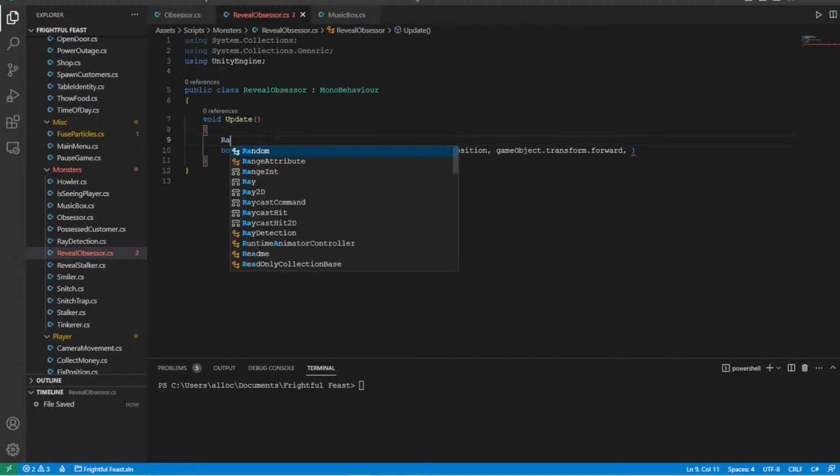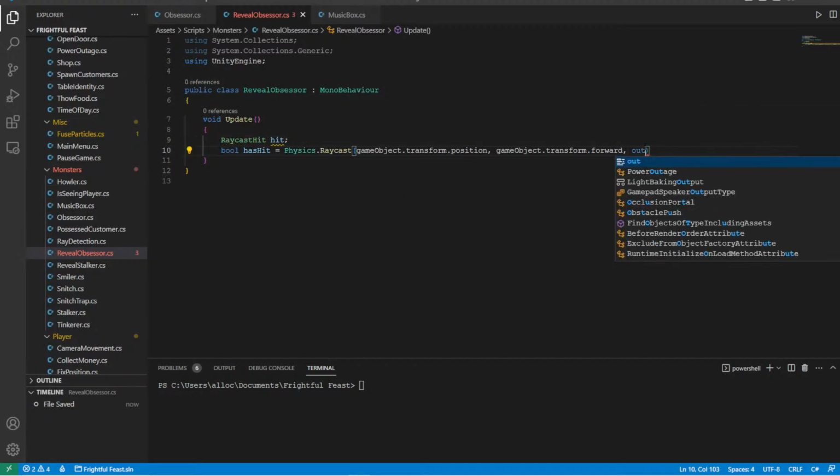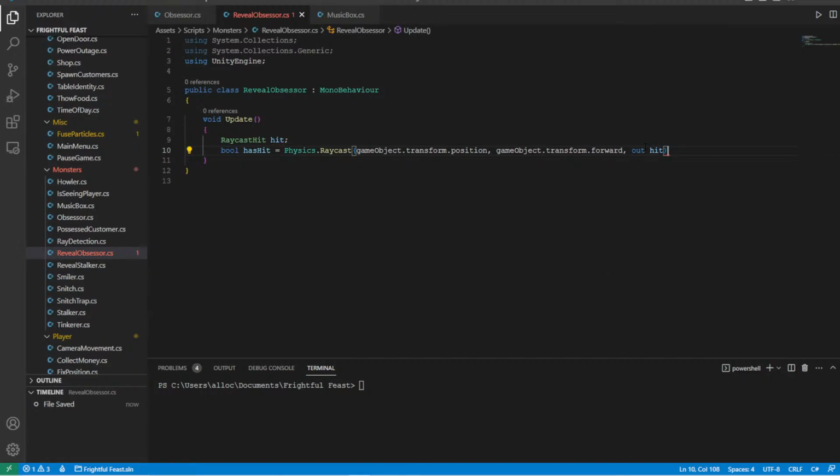We also need a RaycastHit variable, so we can see what the raycast hits. Out hit, and it doesn't need a distance. If has hit and hit dot